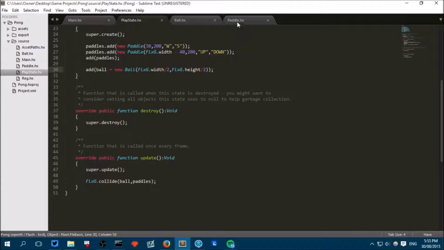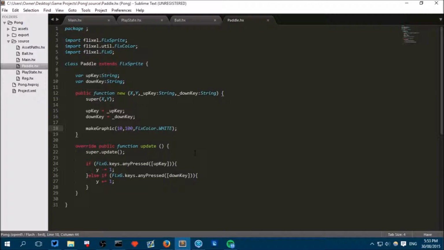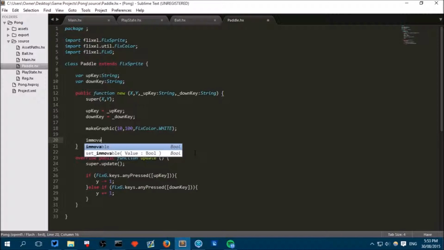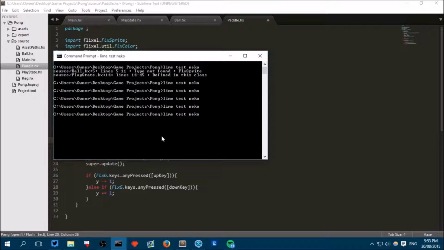Now to fix this in our paddle class, we just need to put immovable equals true. What this will do is whenever a collision occurs, it will make sure that the other object moves, not this one. Now if we run, we will see